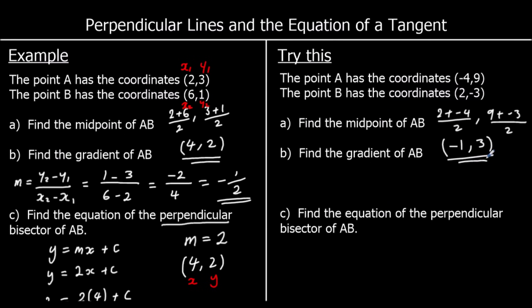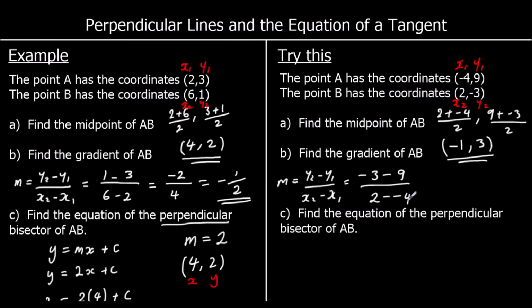Find the gradient of AB. So the gradient is the change in y over the change in x. y2 minus y1 over x2 minus x1. So we're going to use our coordinates x1, y1, x2, y2, and find the gradient. So y2 minus y1 is negative 3 minus 9, and x2 minus x1 is 2 take